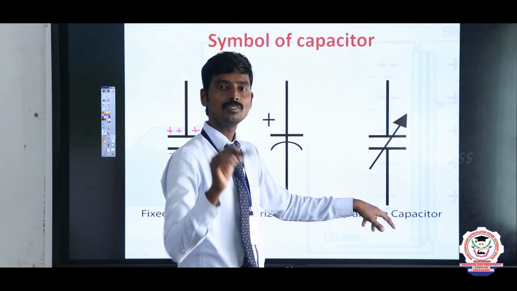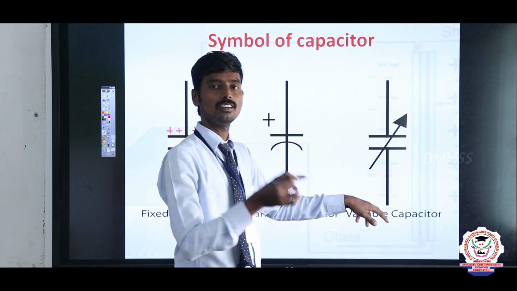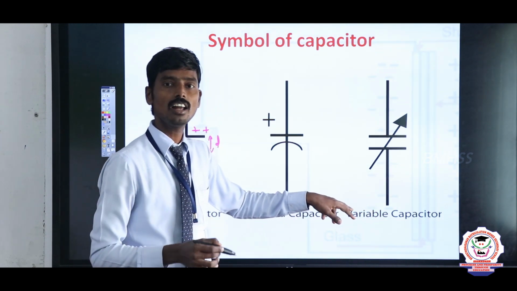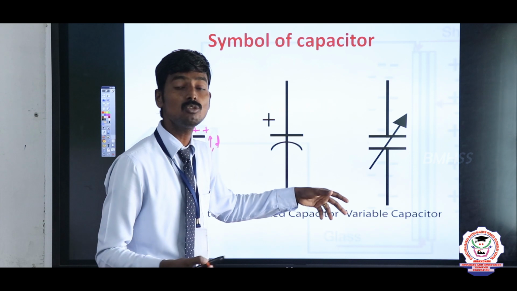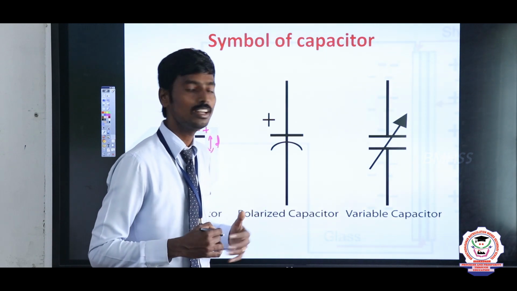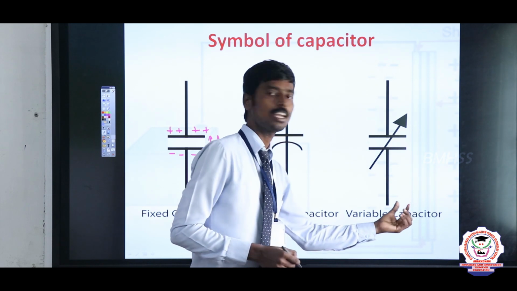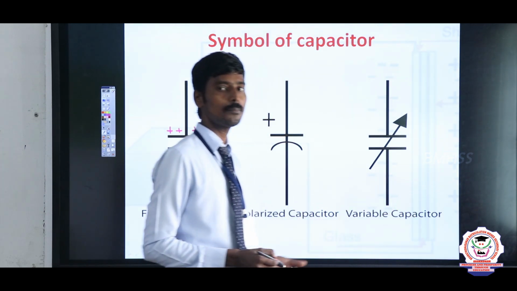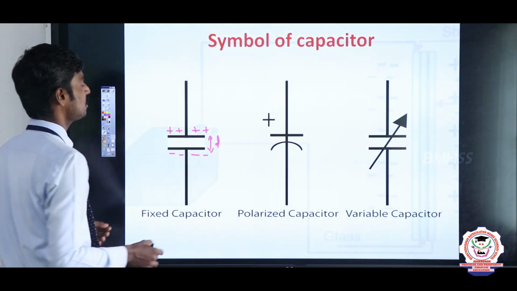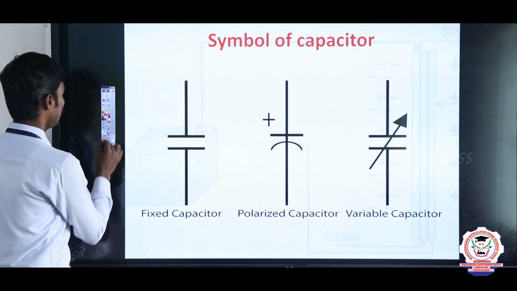We need 20 microfarad or 100 microfarad or 1000 microfarad. At that time, we are using a variable capacitor only. Okay, this is the variable capacitor. This is the symbol of the capacitor. Keep that in mind. Okay, next one is